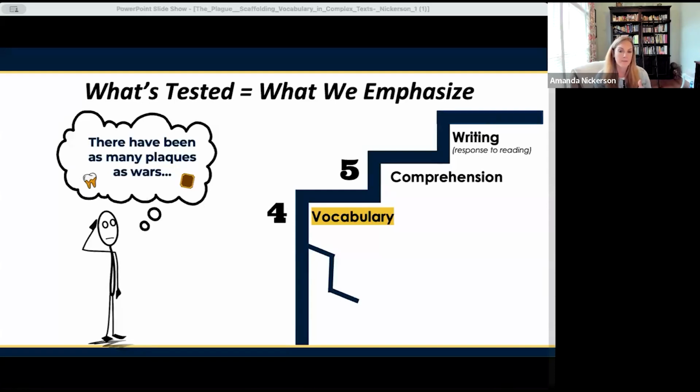And you can see that little crack in the foundation here, right? So we're focusing a lot on vocabulary and comprehension and writing, but our students are struggling with that because they're missing some of those foundational skills. And I want you to notice how tall I made the staircase here for a moment too, because what I